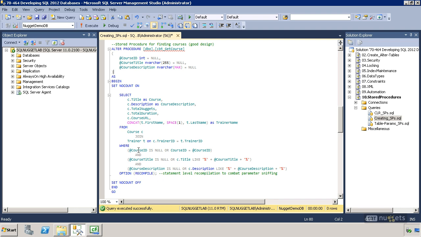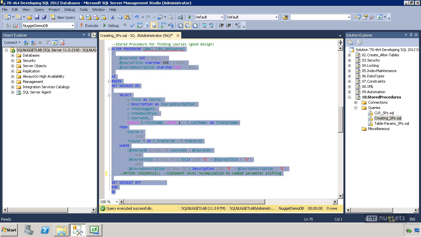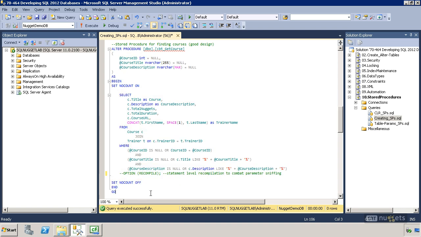So here's the trick. The trick is, in your where clause, we need to do a Boolean check. We're going to do a course ID is null or course ID equals the course ID. What this will do is, if our parameter is null, it'll be completely ignored, and that's what we want. So this is the exact way to do optional parameters right here. And on top of that, I'm going to talk about this option recompile down here. Let's just first create this without that,